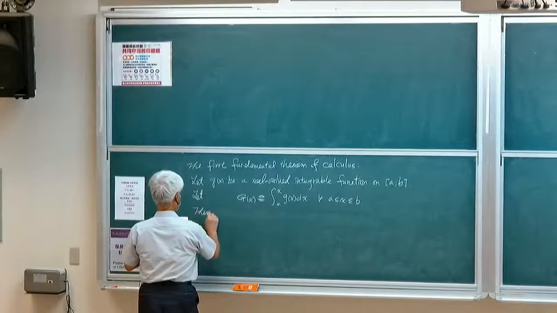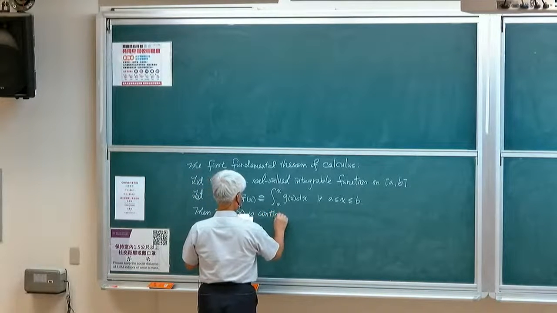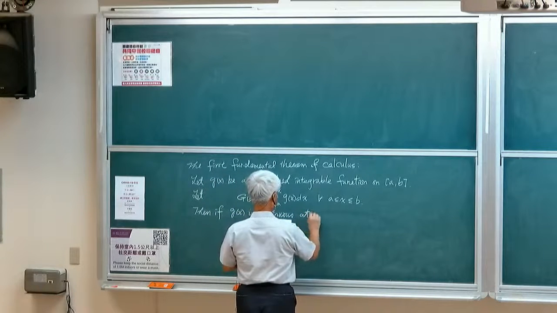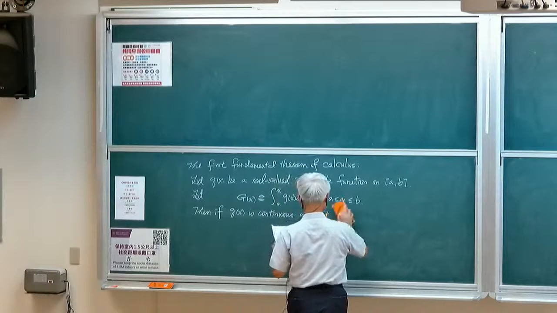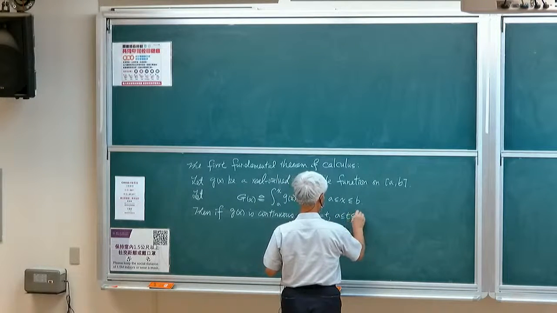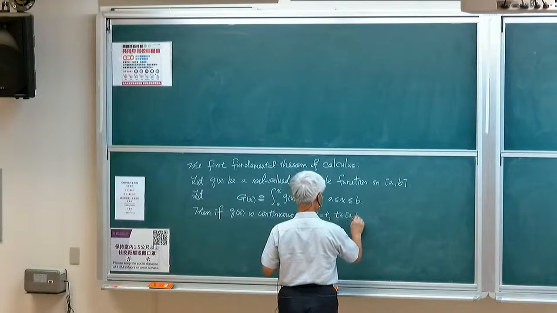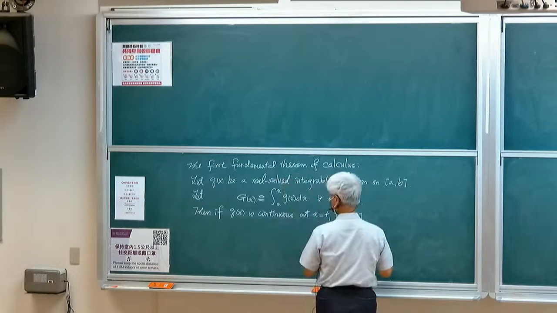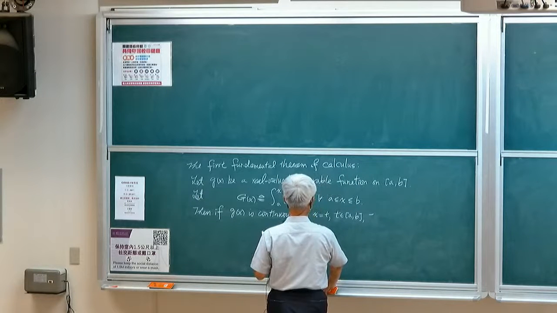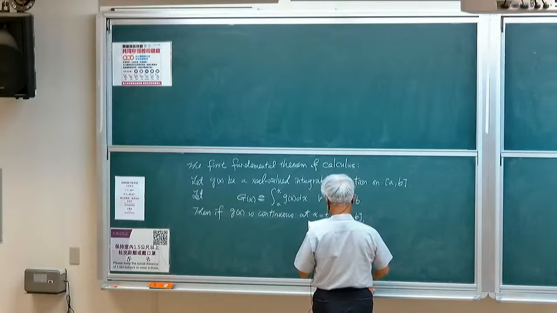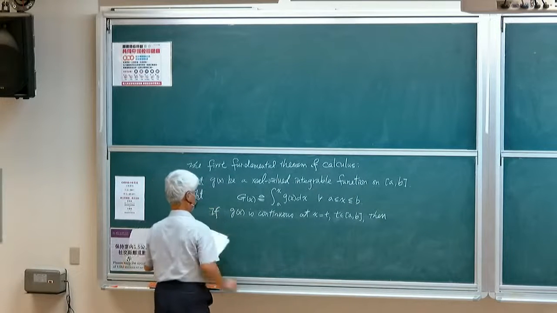Then if g of x is continuous at x equal to t, and t is in between A and B, then, okay, so double then, I think that's not necessary. So I just say, then